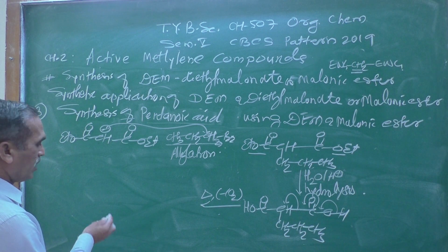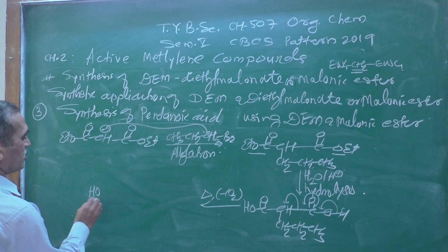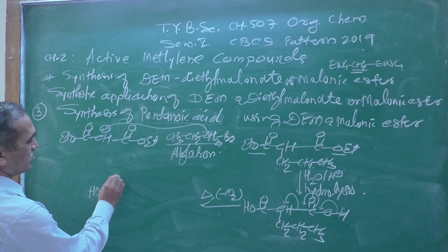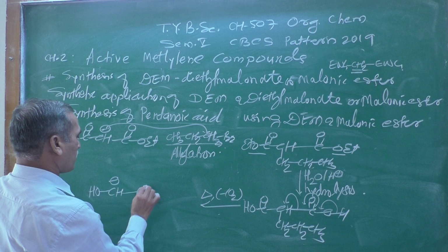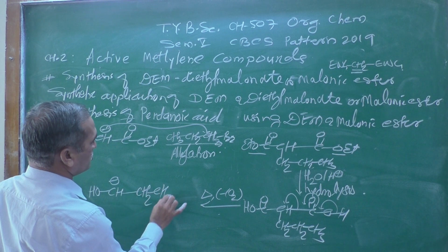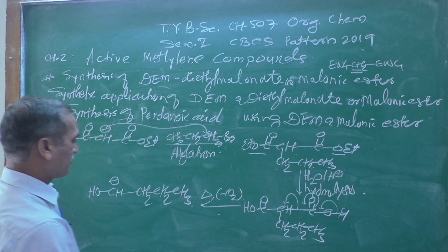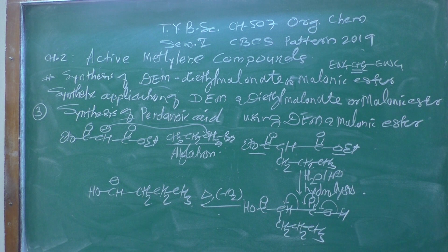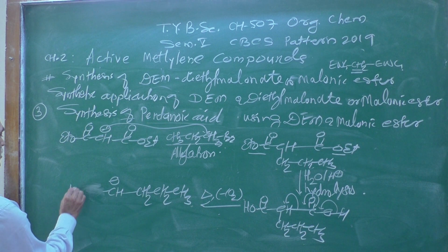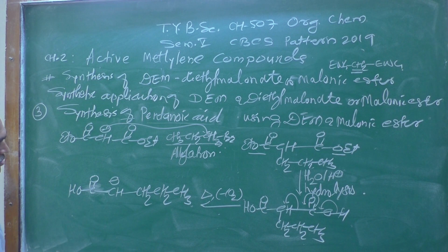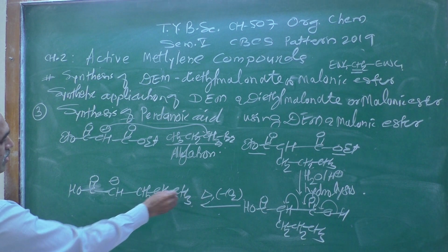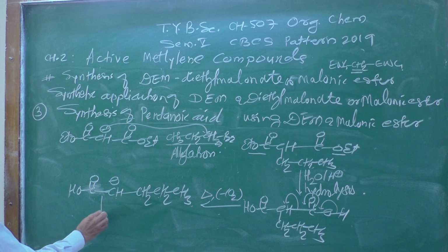And now after that we get HO, then CH⁻ with a charge, and this propyl group I am writing like this, CH2CH3, sorry, HO-C(=O), this one, 1, 2, 3, 4 and 5,